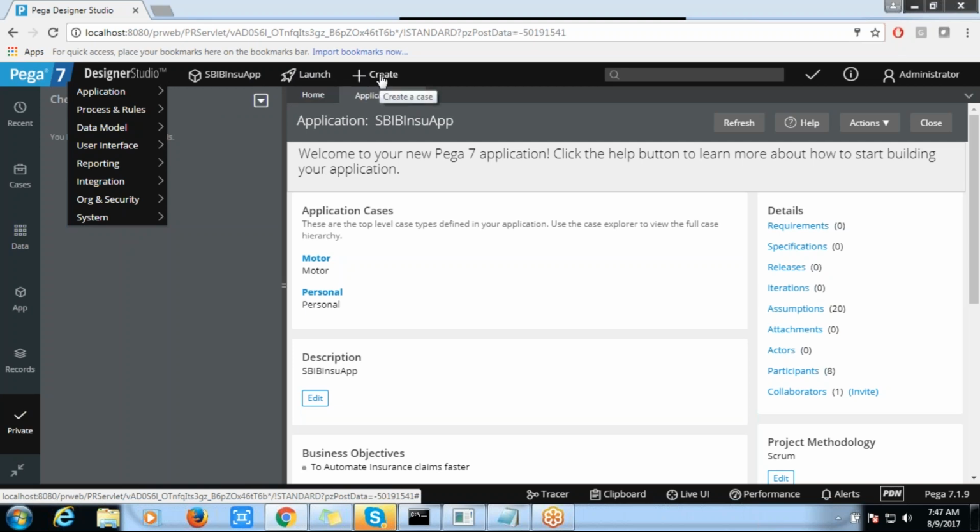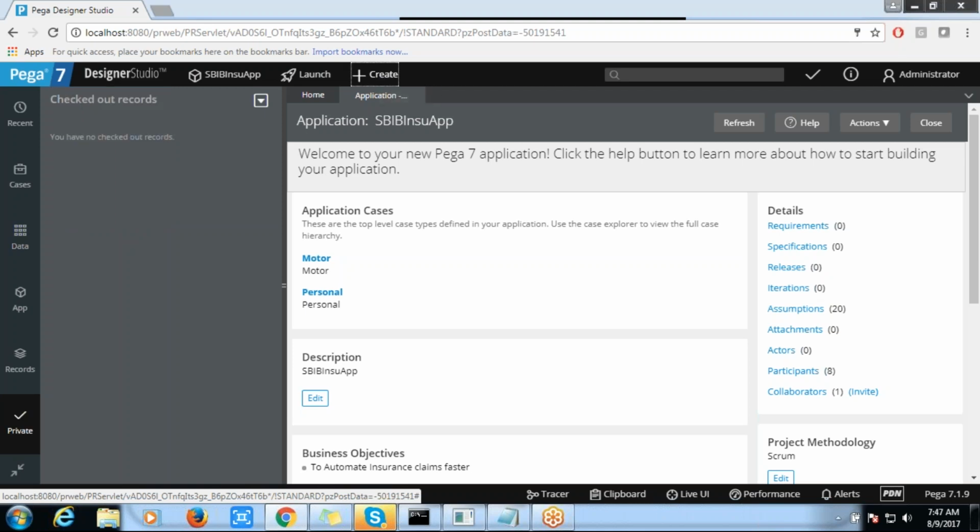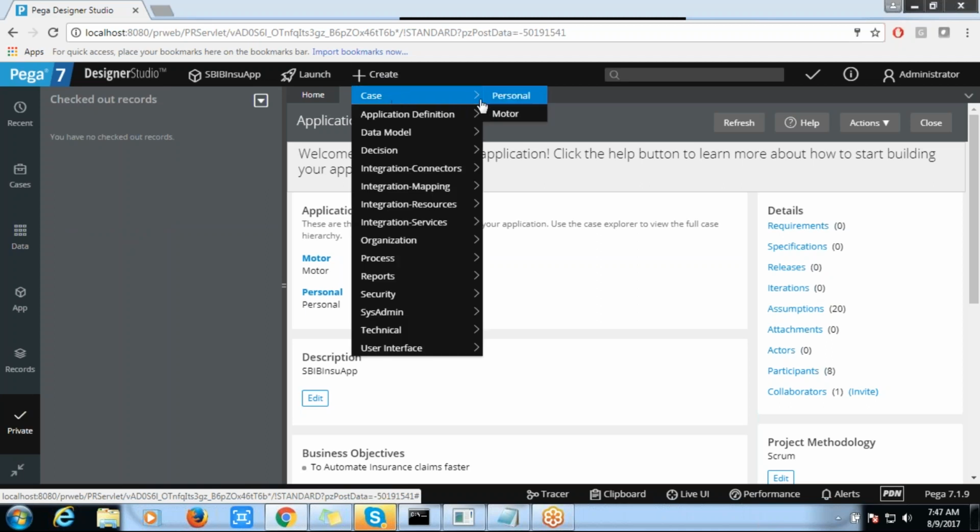And Create is for when you want to create a case. Let's say that you are calling the agent and saying that you want to apply for a personal loan. What the agent, the case worker, is going to do is log into their loan application and create a case, right? So here we are going to create a case. Let's say I want to apply for the personal loan, so I am going to create on the personal. That means whatever the case or the UI and everything that you have developed is all going to launch. If you want to create a case for motor, you are going to create the cases.